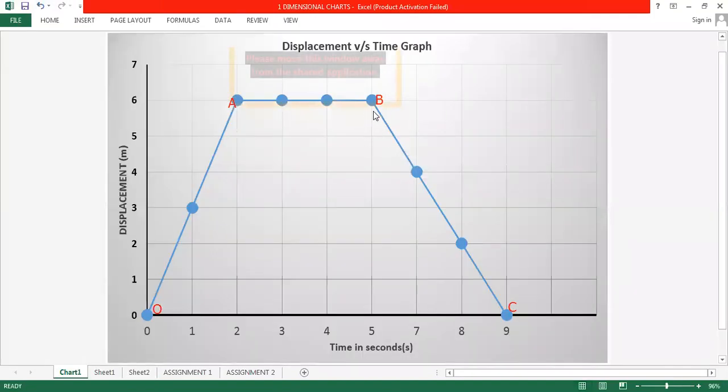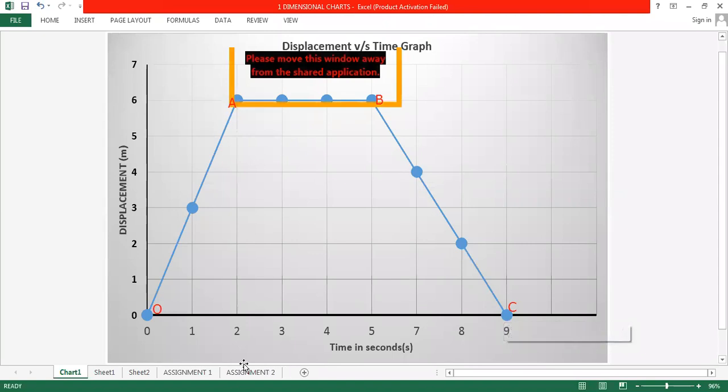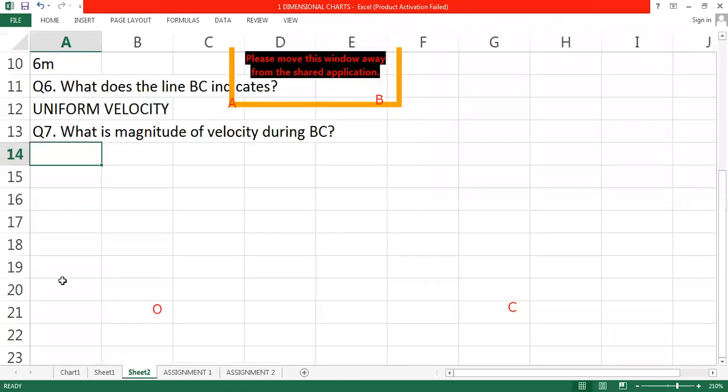See, it is at 6. After 1 second, you find it has traveled 2 meters. Again, after 1 second, 2 more meters. And after 1 second, 2 more meters. So what's the magnitude I asked? The magnitude of the velocity is 2 meter per second. I asked what is the magnitude. Okay, so it's 2 meter per second. Only the magnitude.